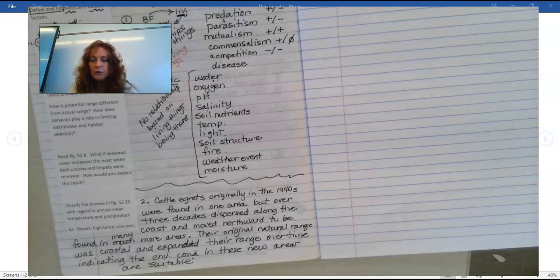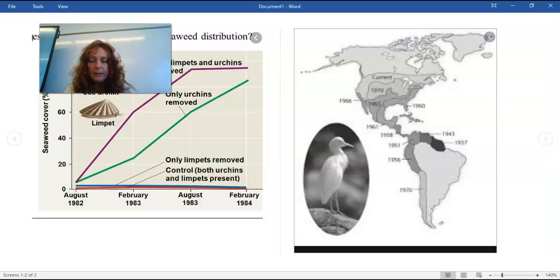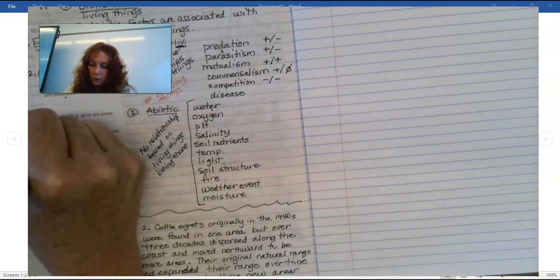So I'm going to use the same figure, and let's see what would limit them. So here's what I'm thinking. The main thing I notice is it's much hotter here in the south than it is up here in the north. So I'm thinking that here in their original territory, they had to be in coastal areas and they couldn't live in the interior. My guess, it's too hot. As they move upward, that's all coastal. That's all coastal. But then they get to expand where it's not coastal, like they're in the interior, but it's cooler. So you could say for the next one, which I'm guessing is 3,